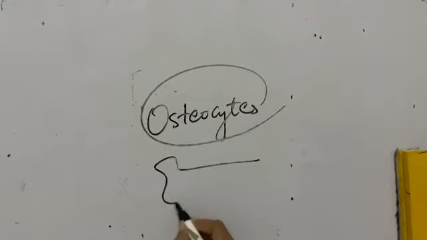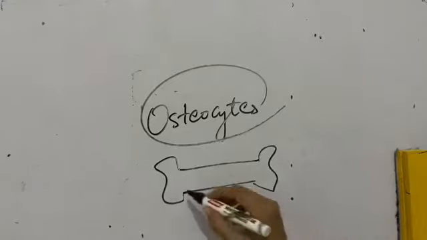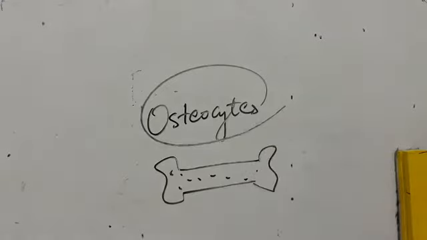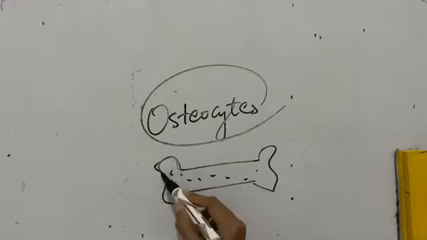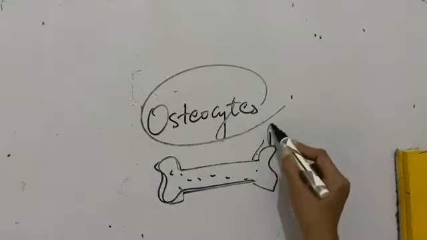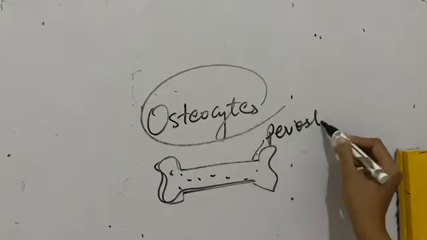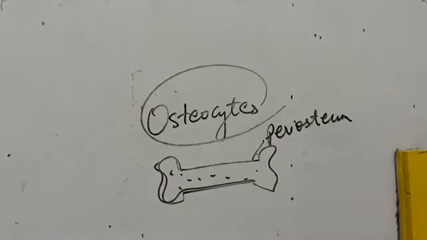So, how does a bone look like? Mainly something like this, right? You can imagine this is a bone. Inside it are present the bone cells, as we just said, the osteocytes, and the external surface of the bone is covered by a membrane. All this external surface is covered by a membrane known as periosteum. Okay, and inside it is present the matrix,